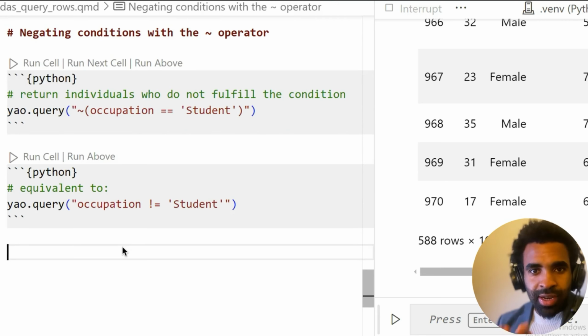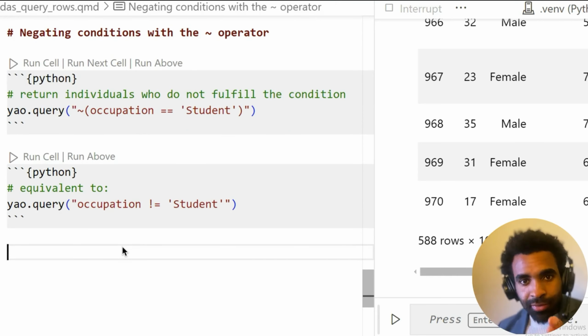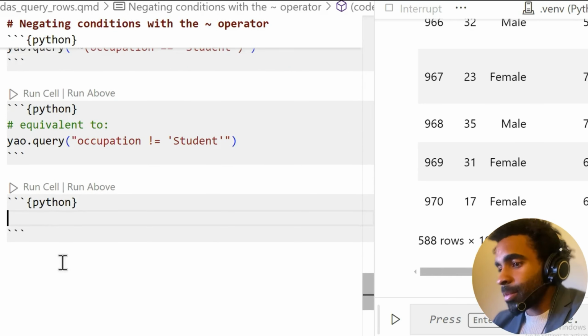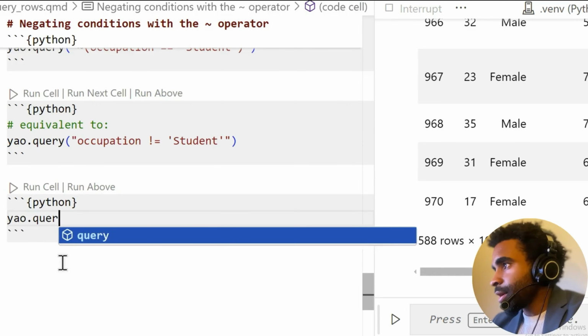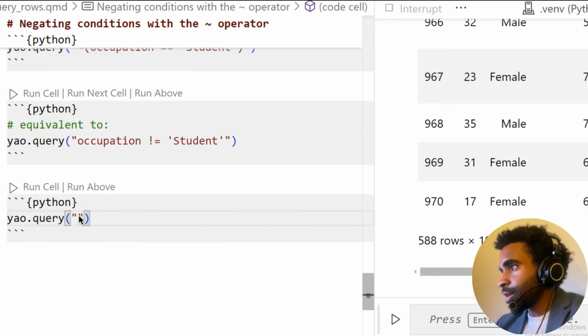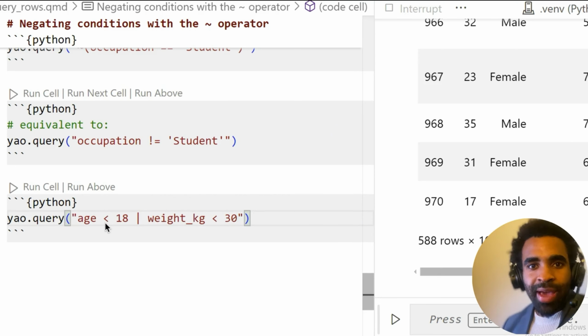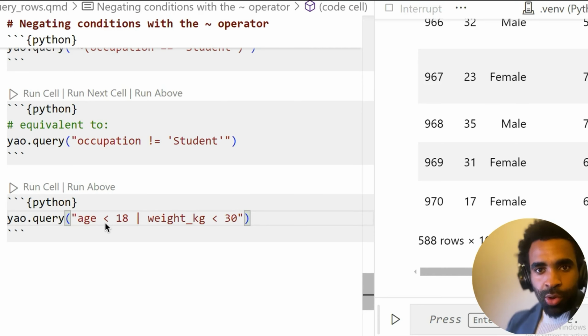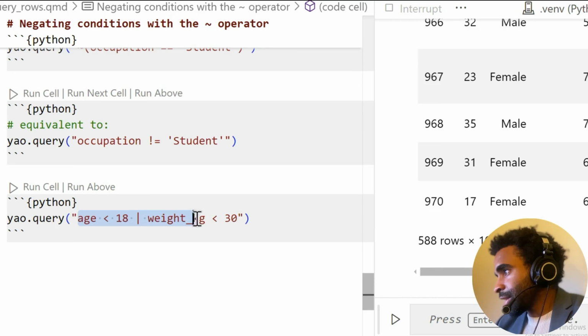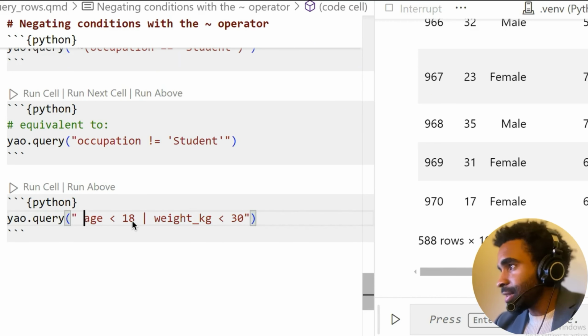You can also use the negation operator to wrap several conditions. So let's see an example. I'm going to type yao.query, and I'll put in a regular condition here that selects for children, so age less than 18, or people with a weight in kilograms that is lower than 30. So you could imagine maybe we have a drug and it's quite powerful. We don't want to give it to children or to people who are lightweight. So this condition selects such children and people who are lightweight, and we can negate this in order to drop